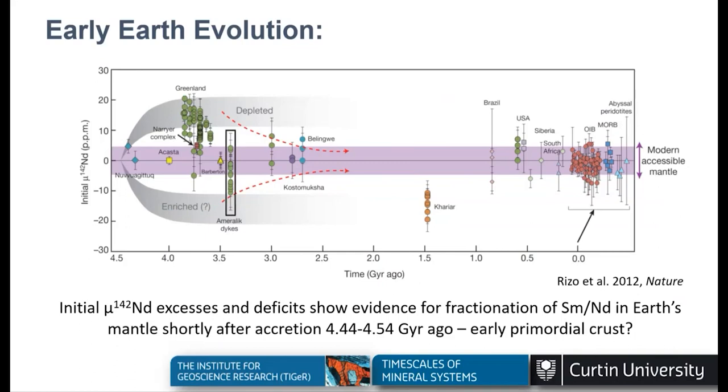So again, it's going back to this idea that what we use radiogenic isotopes for is looking at past chemical fractionation processes. And from this data, you can infer that there must have been some fractionation of samarium and neodymium that happened probably very shortly after Earth accreted. So I think to get these compositions they model, it had to have happened within maybe 100 million years of the accretion of the Earth, and could reflect some kind of primordial crust, crystallization of an early magma ocean